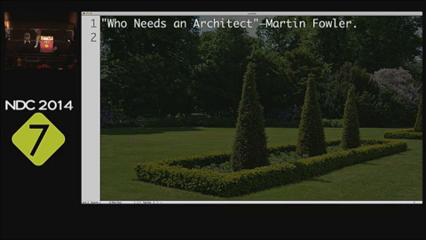And he talks about who needs an architect. What is an architect's role in a project? And in that, he also talks about what Ralph Johnson says about what architecture really is. And Ralph Johnson says architecture is something that is very hard to change in a system, and usually we tend to put more effort creating it because we are fearful of this change.